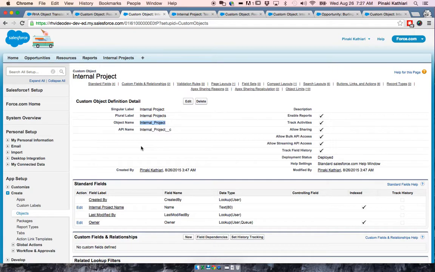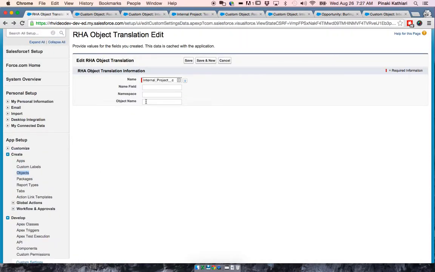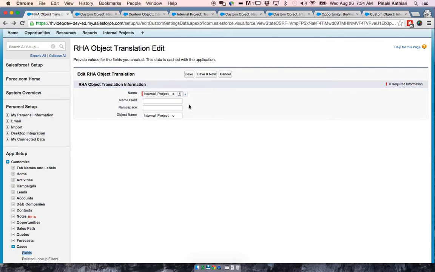But we want to do one thing too. We want to use the object name, and we want to make sure that we add underscore underscore C to the object name here. That's important. That's what we have to do for any custom objects. But if we're entering it for standard objects, all you need is the API name of the standard object. And that's pretty much it as far as the object translation screen. I'm going to hit save,